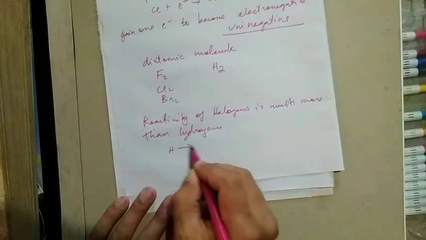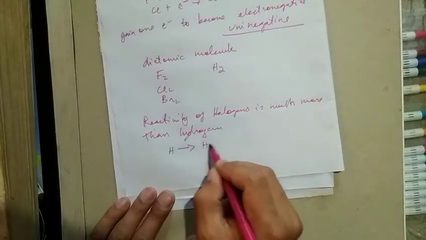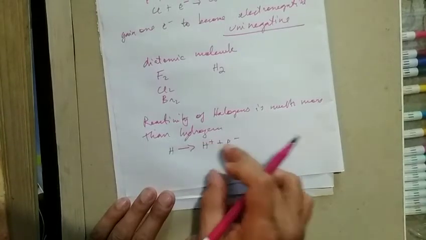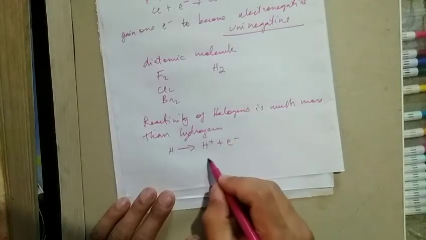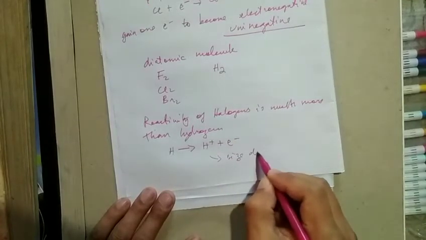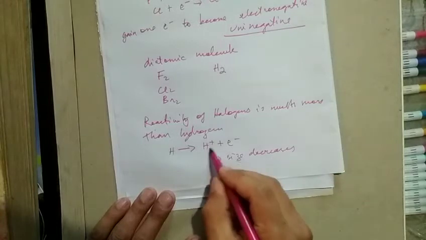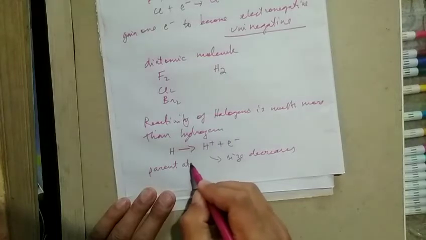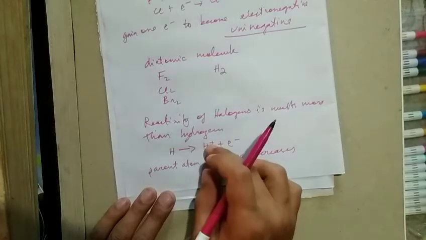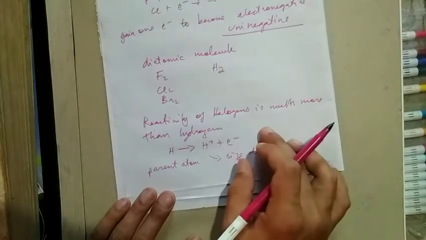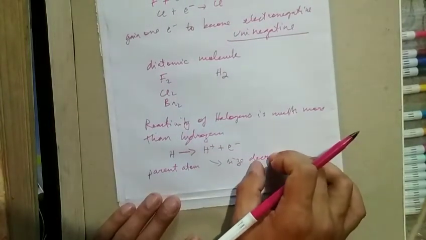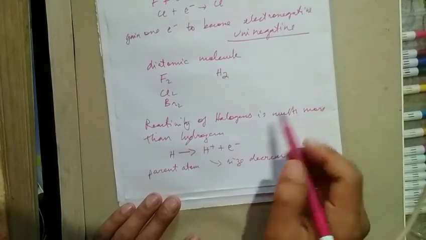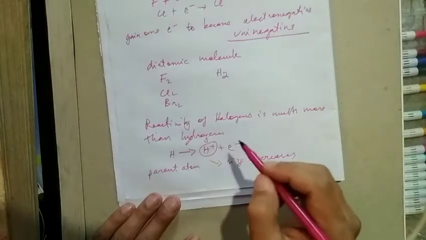So hydrogen can lose one electron to become H plus. If it loses one electron, the size decreases, so this size becomes smaller than the parent atom. That means hydrogen has a very small size, and since this size is very small,